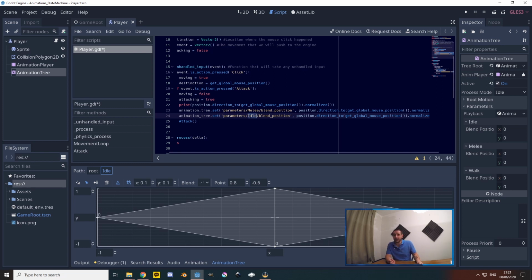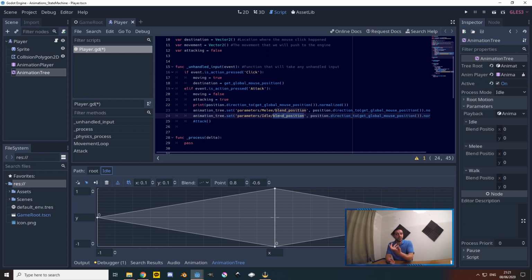If you do not set this idle blend position right here, it would switch right back because the idle blend position was still in the south direction. And then your character would constantly be flicking around whenever you attacked in a direction that was different than your current idle direction. So that would look really weird, and I've never played any game where that animation transition would work like that. So we need to set both the idle and the melee blend position so that the idle position basically copies over whichever direction we attacked in.